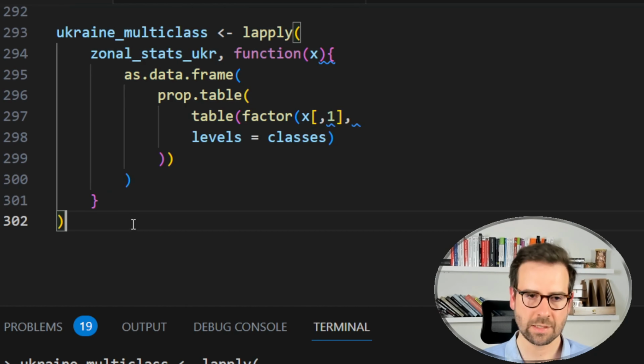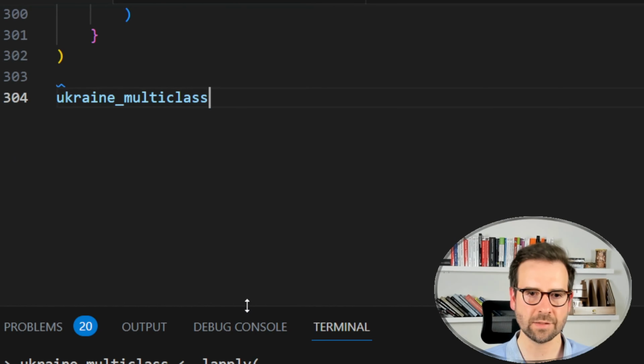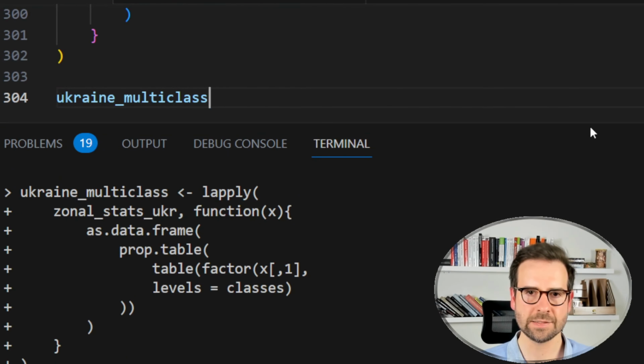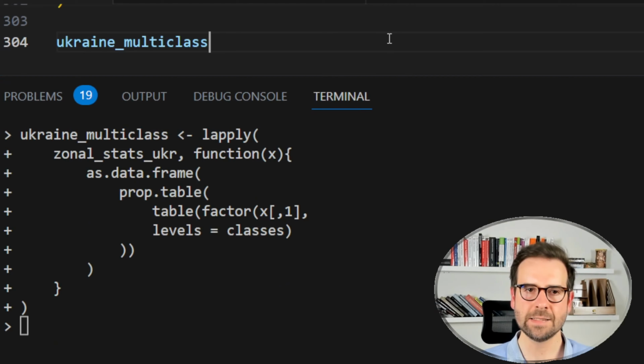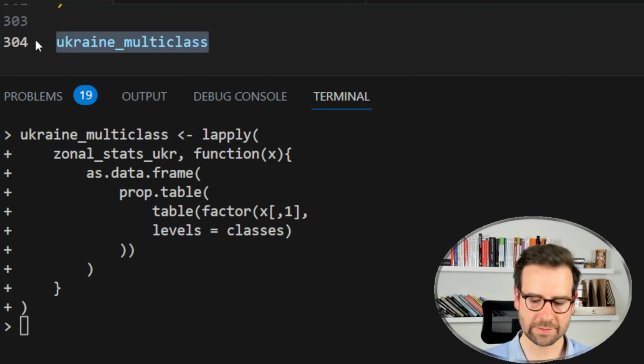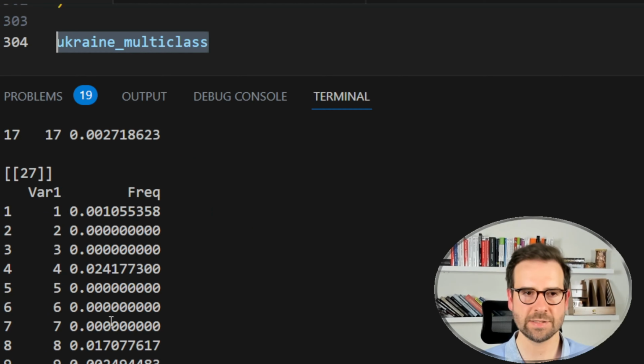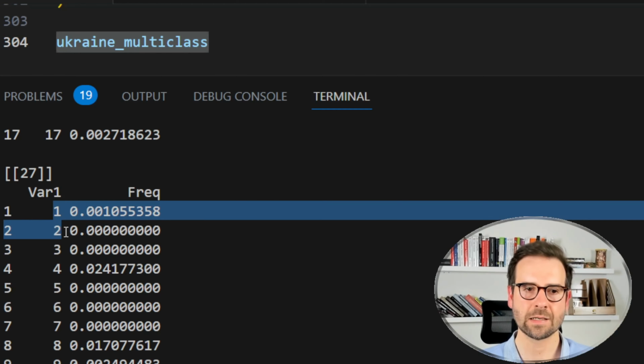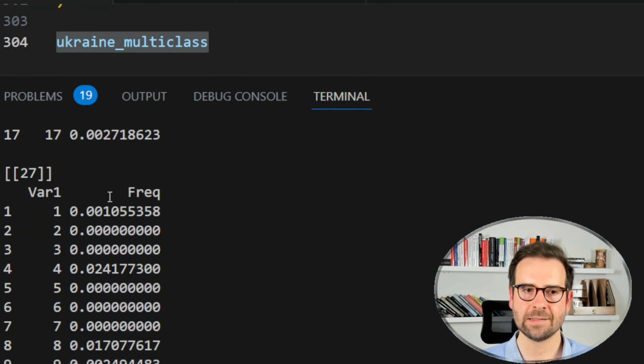Now, I would like just to show you, because it's a list, we can simply print it here. And what we should get here is the following. We should get a list of 27 members, right? So here it is, as you can see. So this is number 27. As you can see, it has 17 rows where each row represents one land cover class. And then the next one is frequency, which shows the percentage of the area that is covered by any of